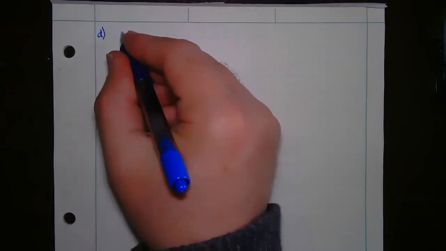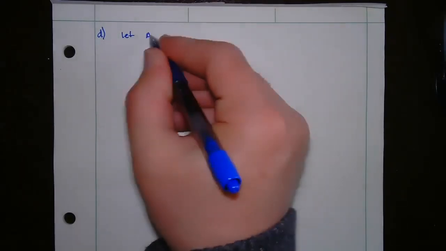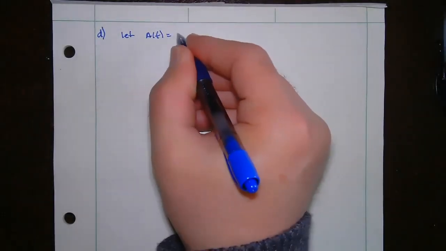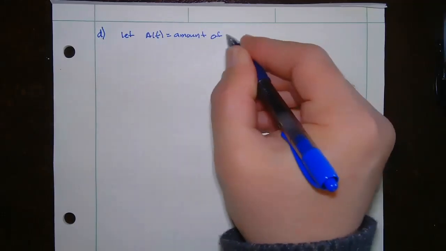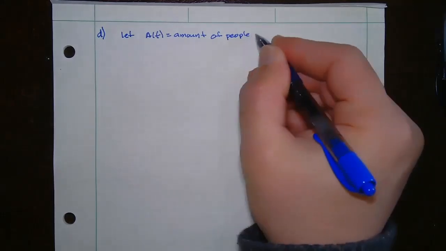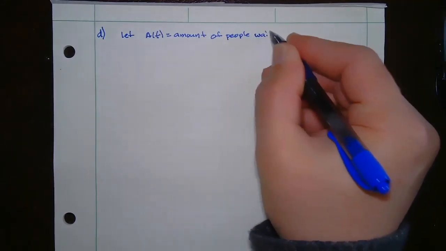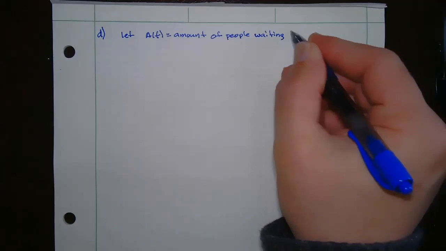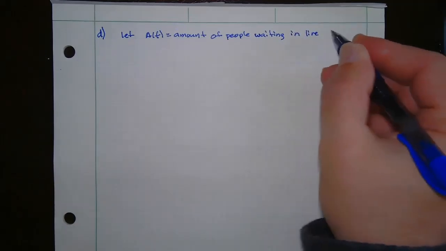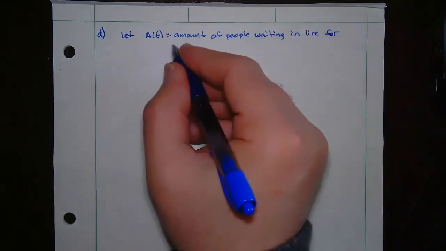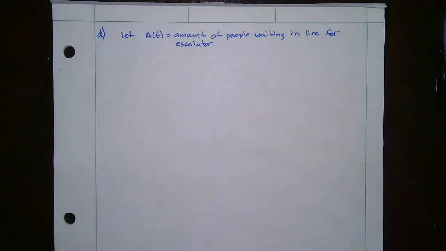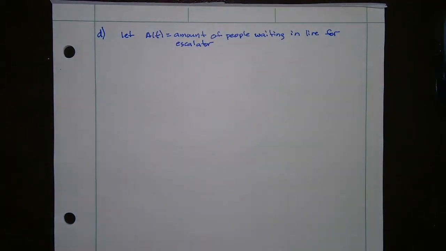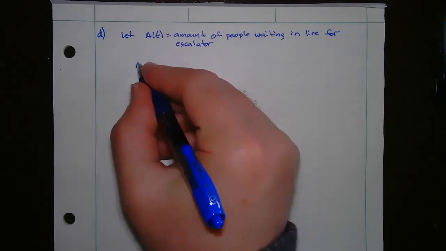Okay, I'm going to let A of t equal the amount of people waiting in line for the escalator. So we're going to need to know, this is the function that we're trying to find the minimum of, okay? So the derivative of that, A prime of t,